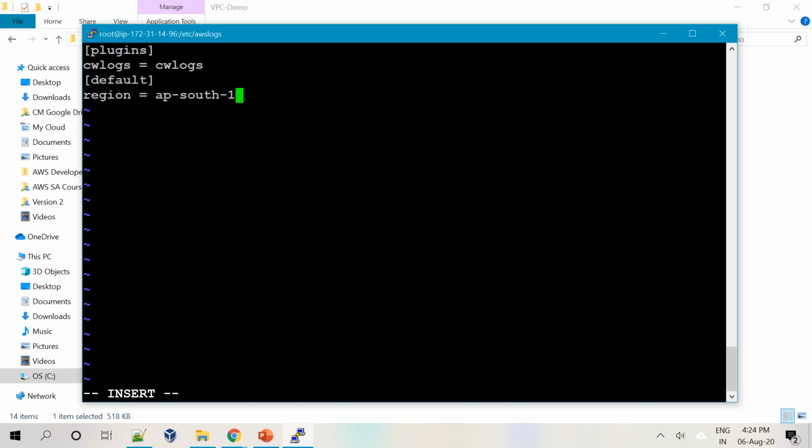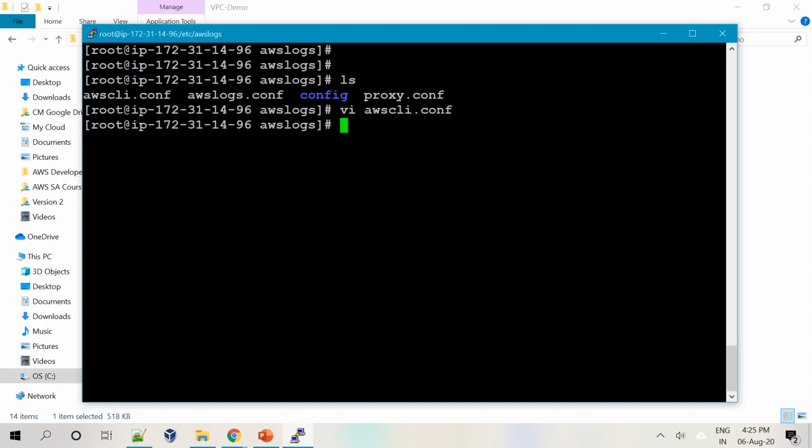You can also do one thing: you can have all the EC2s from across all the regions send the log files to a single CloudWatch in a single region. Like you may have a few in Mumbai, a few in the US, a few in Singapore. All these EC2s can send the log files to a single region as well. You can also configure that. Currently, I'll go ahead with ap-south-1 and I will save this file. The next configuration that we need to look at is the AWS